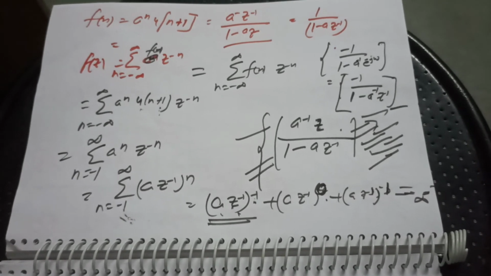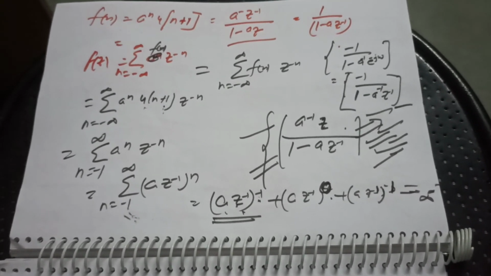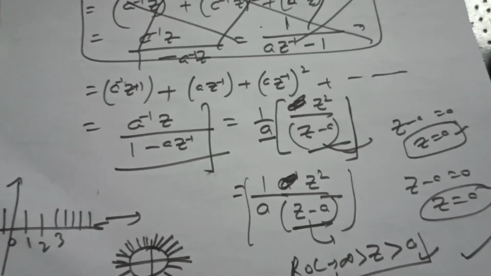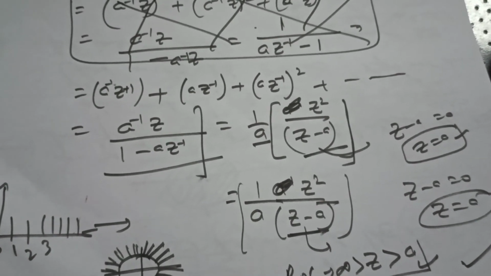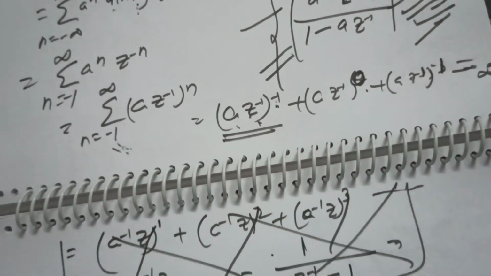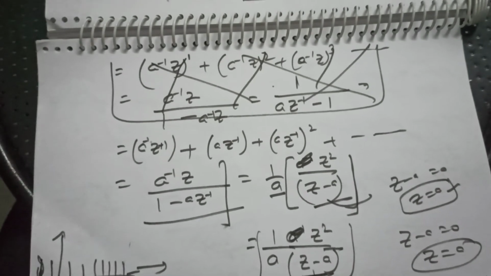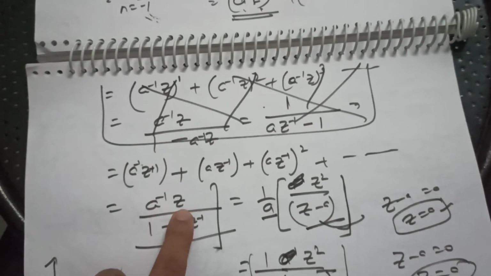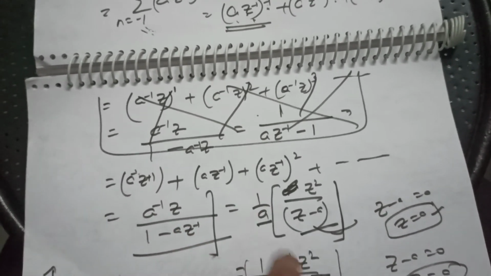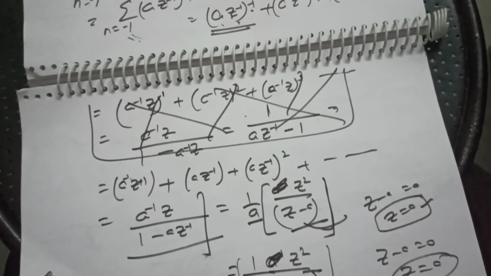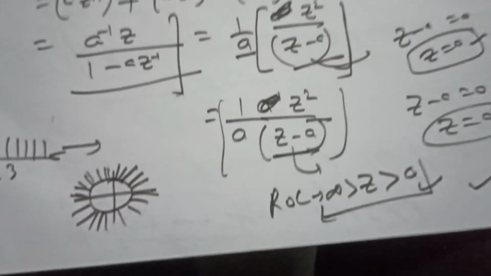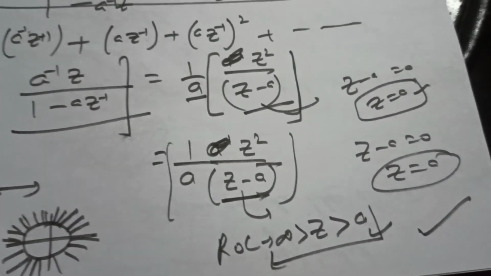So if this point is clear, then we can straight away get the expression. This is the expression, I think. What I can say is that this is going to be a^(-1) z, and this is the first term. This is the common ratio, and then we can straight away get the GP summation. I think there is no doubt this comes out to be the value, and we can very well say what will be its ROC. More upon this in the next lecture. Thank you.